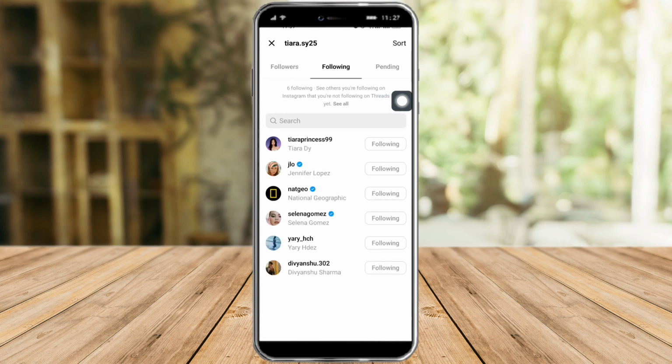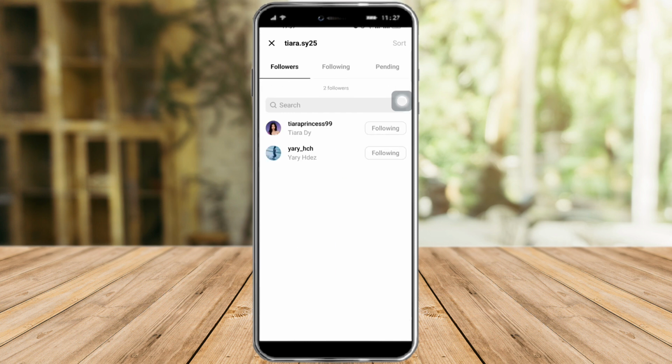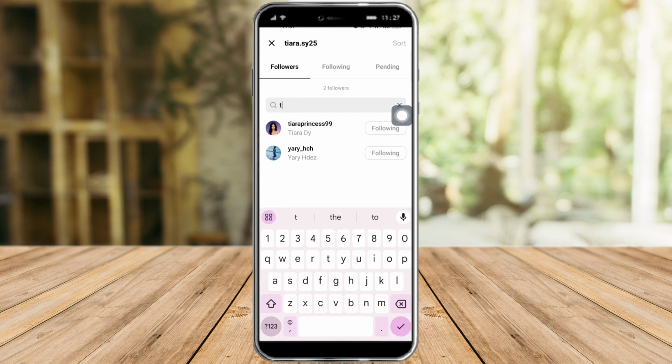Also you can see your following and also the pending people that you're trying to follow. So from in there, just click on followers and you should be able to see all your followers. But if you want to find those followers, you can just click on this search button right here. And then you can search for a specific person's username if you want to look for them on this list